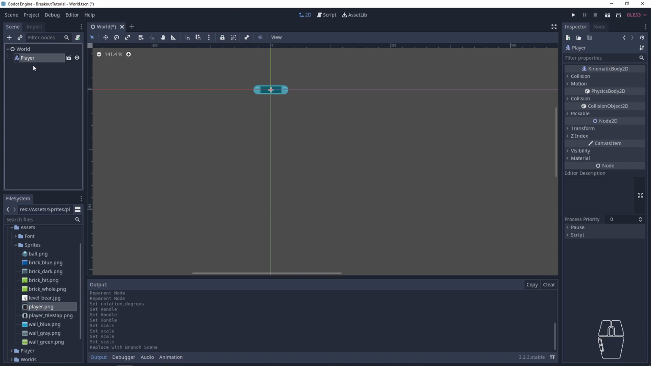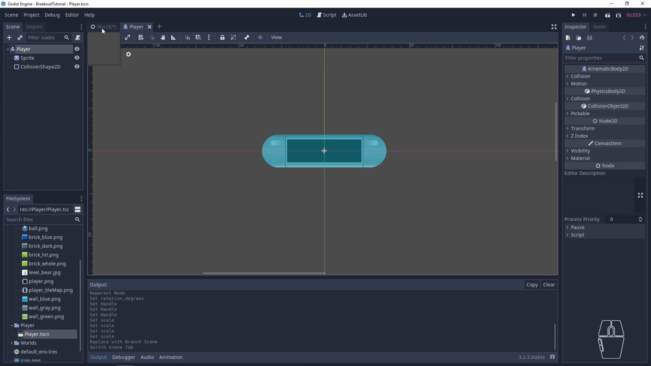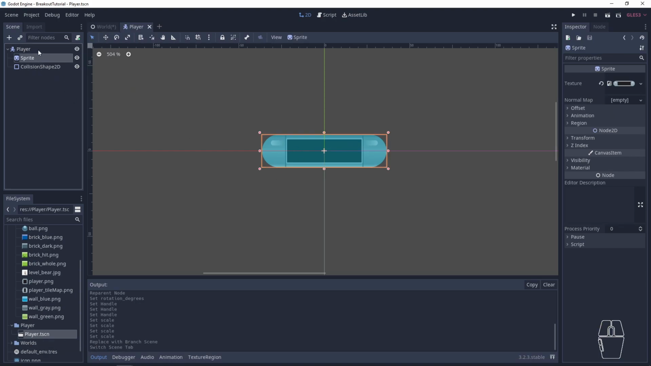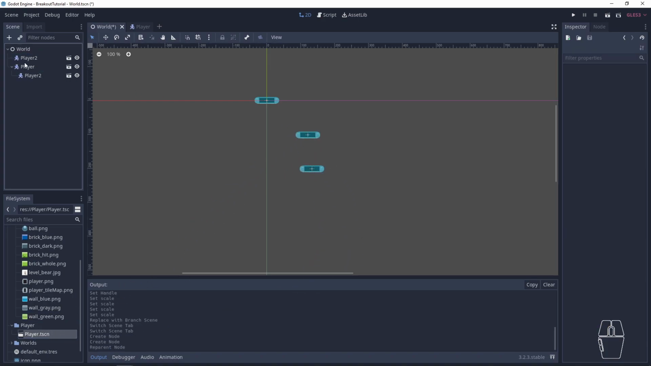Now we don't see the properties of this anymore, but that's all right, because if we want to edit the properties, we can simply select our player scene, double click it with left click, and then we will see everything we actually want to see, right? Okay, so if I say I want to add more of those players, I just drag them around and you see that I have multiple players now on my